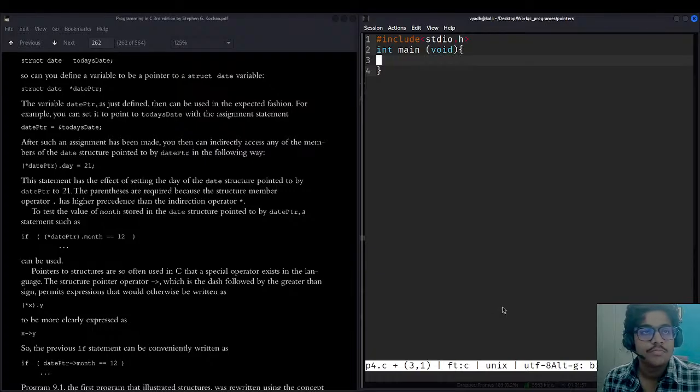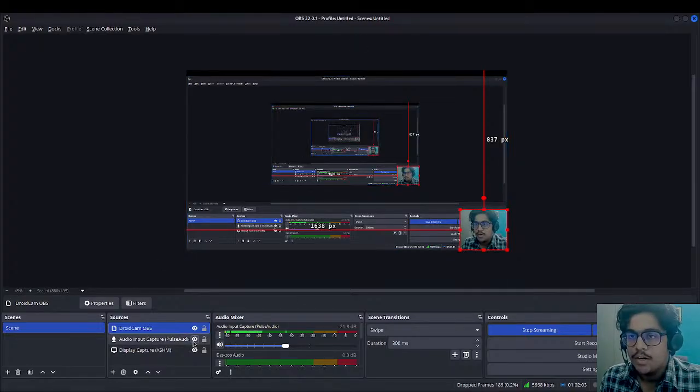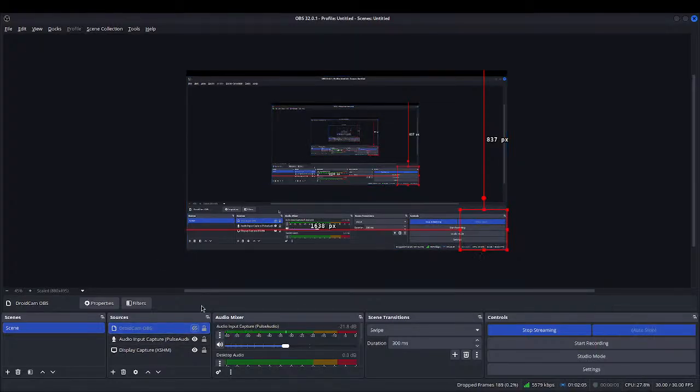Okay, I guess let's take a break because I think my webcam is disconnected from the battery.